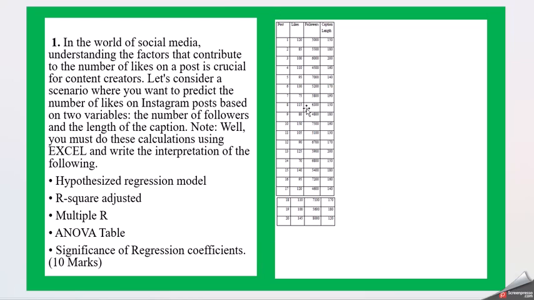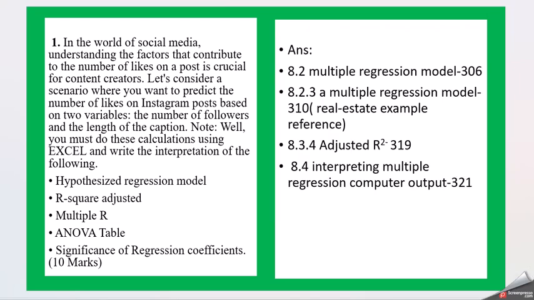This is the table that has been given for the problem: post, likes, followers, caption length. Okay, let's see how we can do this one. First thing is the multiple regression model. We can go ahead, write a theory about it, and then a multiple regression model. What we have done: there is a real estate example for reference, then what is adjusted R square, then interpreting multiple regression computer output. Okay, so here it is a problem